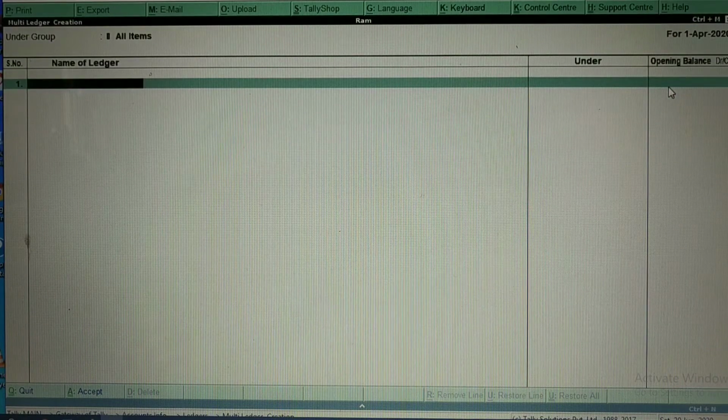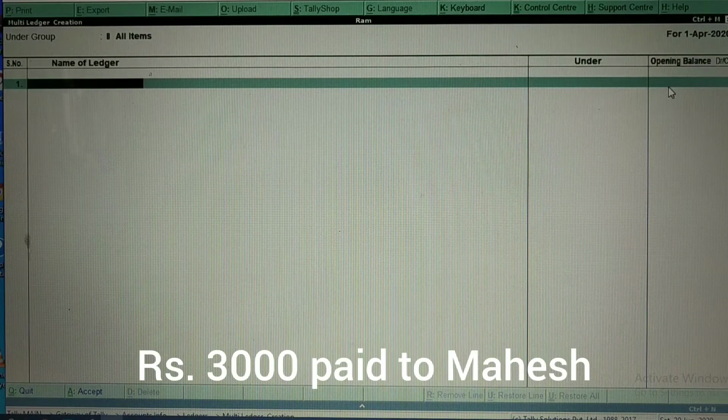Now I will go on reading the first transaction. Rupee 3000 paid to Mahesh. We are paying 3000 rupees to Mahesh. They have not given any reason here, but we need to assume. They might be giving this payment because of getting some services from Mahesh. So I will consider that they might be paying while manufacturing the products. So I will consider this as a direct expense.